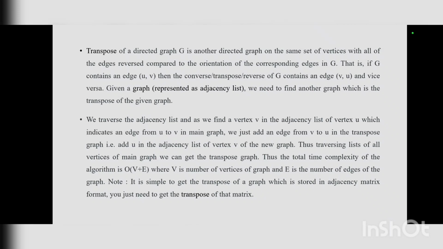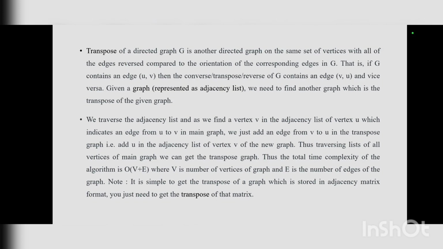The transpose of a directed graph G is another directed graph on the same set of vertices with all of the edges reversed compared to the orientation of the corresponding edges in G. That is, if G contains an edge (U, V), then the converse, transpose, or reverse of G contains an edge (V, U) and vice versa. Given a graph represented as an adjacency list, we need to find another graph which is the transpose of